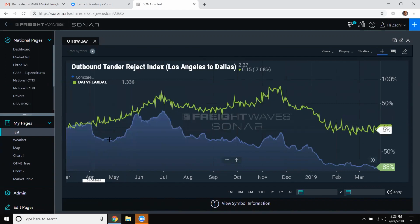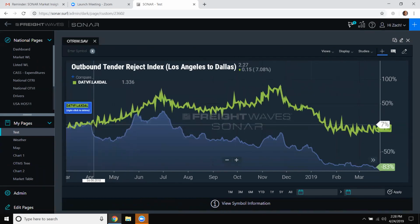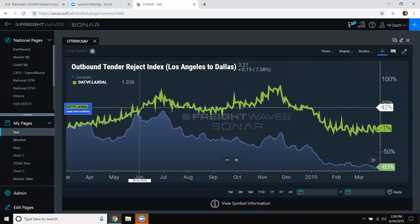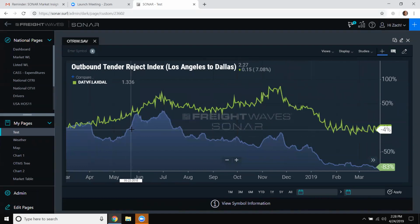And you have a lot more insight into this. And the way that a broker could use this would be to help negotiate their rates down on the carrier end. Or a carrier could use this and say, well, rates are going up, man. We can still take care of it. So there's a lot of different angles you could take, but you can know that you're going to have leverage